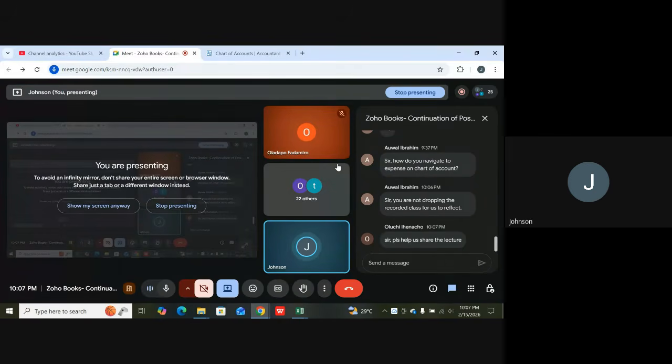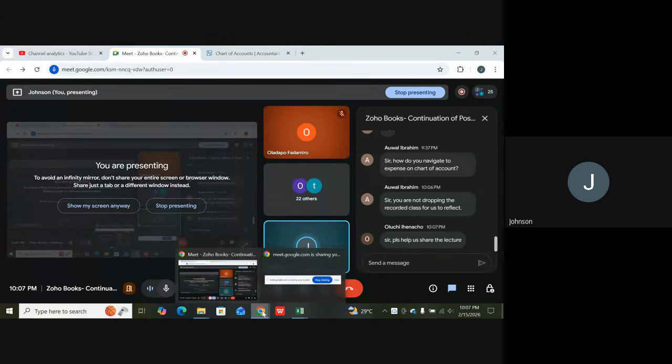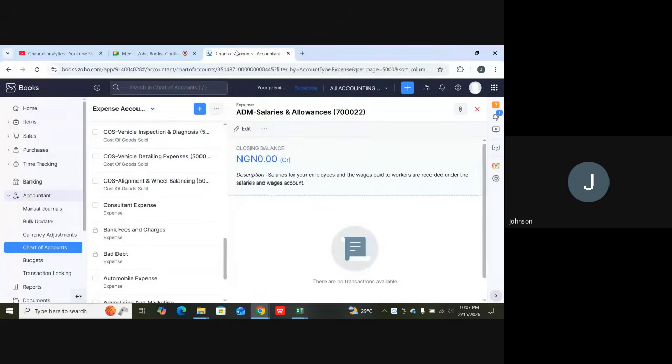So as I said, sir, when an asset is purchased, this is what usually happens. It's a normal expense. So let's quickly treat it so that you understand what is going to be done. Let's assume that an asset was actually purchased. Thank God that we've captured everything that we need to capture. So just come to your normal